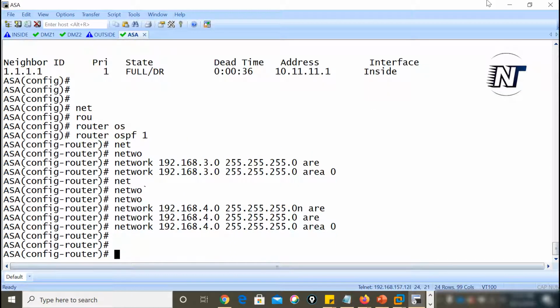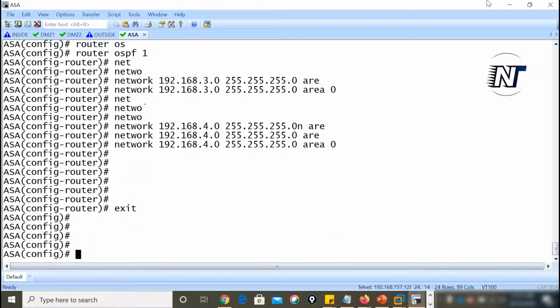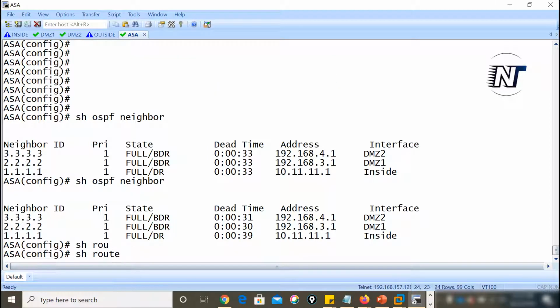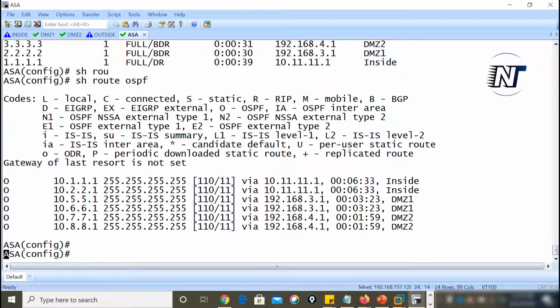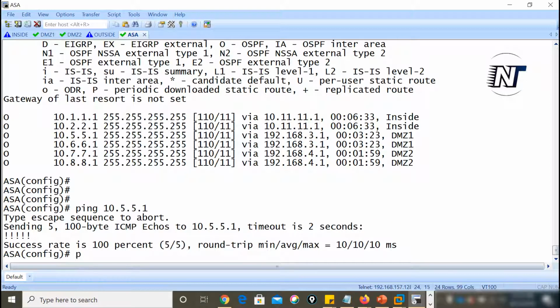Exit. So show route OSPF. Yeah, all are there. Let's check the ping. 10.5.5.1, yes.